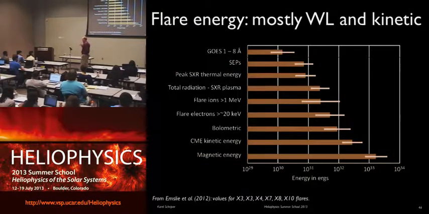People used to say that white light flares were rare. The very first one that Carrington and Hodgson saw, please mention these two people together. Carrington always gets the credit, but they really saw it at the same time, and if one of them had seen it without the other, nobody would have believed them. The Carrington-Hodgson flare in 1859 was the first one strong enough that we could actually see the white light against the glow of the photosphere. But now that our instruments are very sensitive, we know that pretty much every flare is in fact a white light flare. Half of the photons come out in the visible, but we don't pay attention to them much because we just can't see them against the background of the bright photosphere.